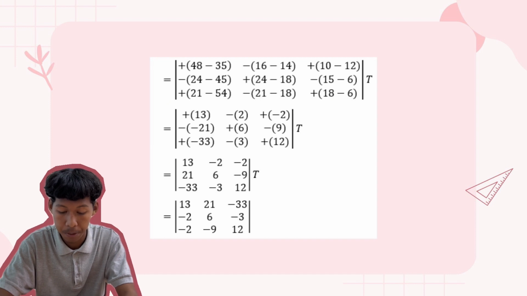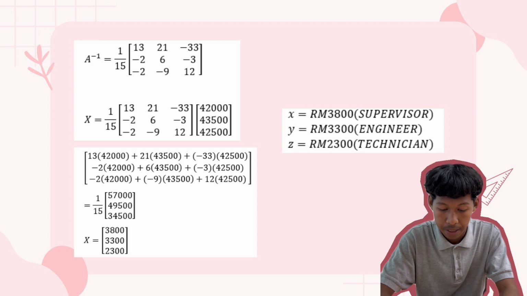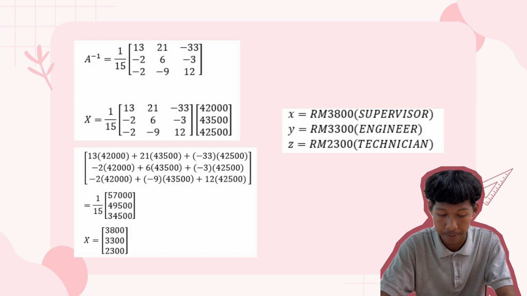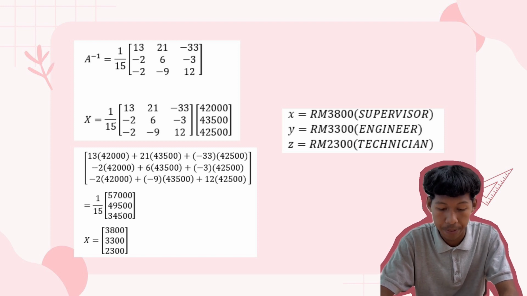But we have to transpose it, and finally we'll get 13, 21, negative 33, negative 2, 6, negative 3, negative 2, negative 9, 12. Next, we have to divide the value by 15, but before that, we have to expand it with the